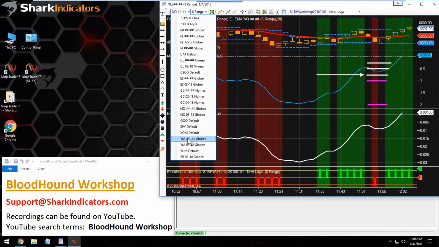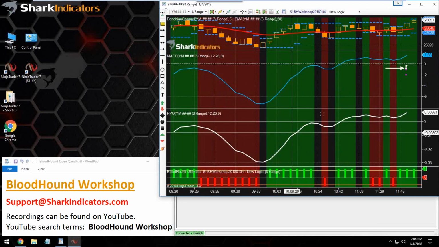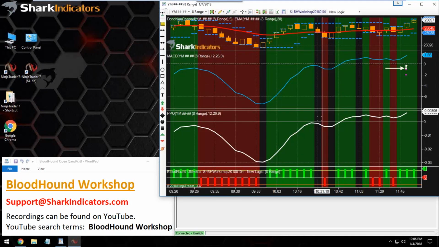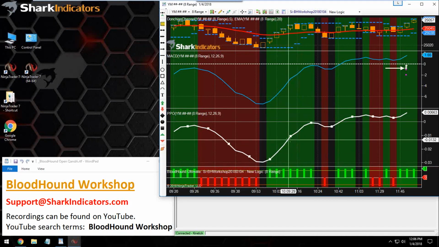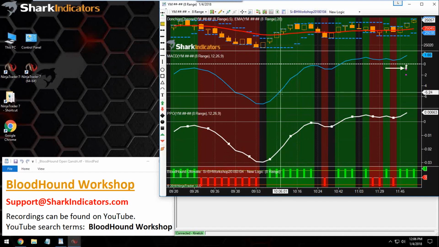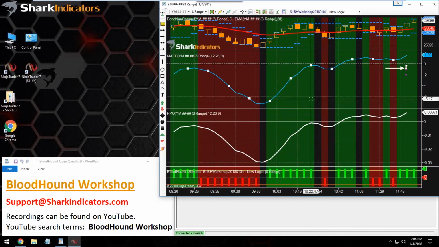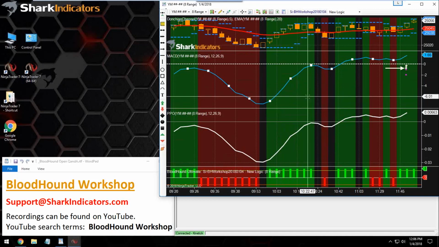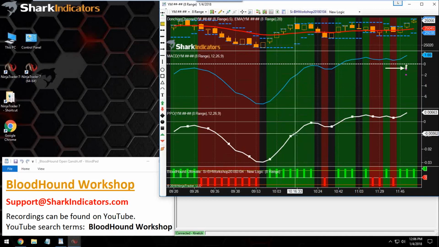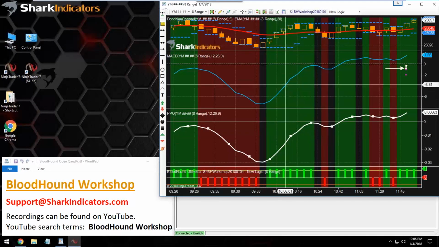Let's go to the YM here. Check that out. YM's at 25,000, and again the PPO has a max value of 0.03. So the PPO is a little more normalized. It doesn't have the huge changes in scaling that the MACD does. The PPO might help you a little better, but just keep in mind when you're using the MACD,